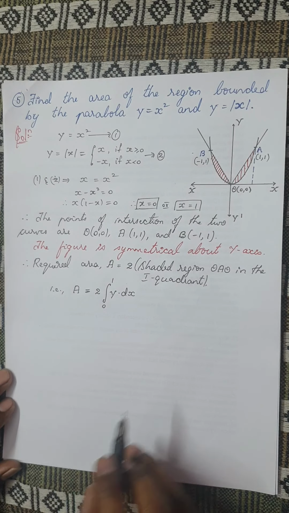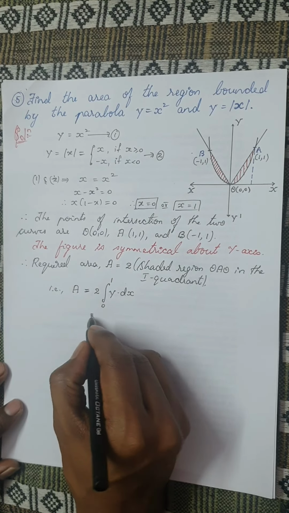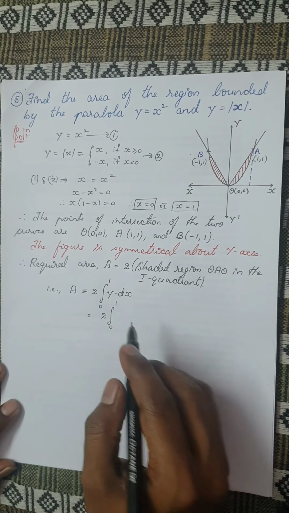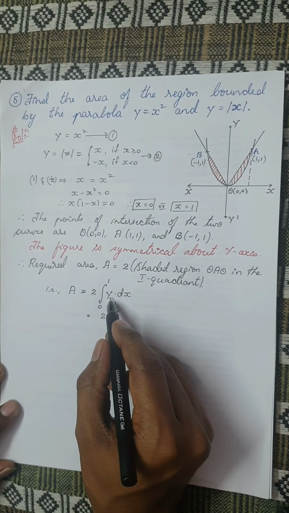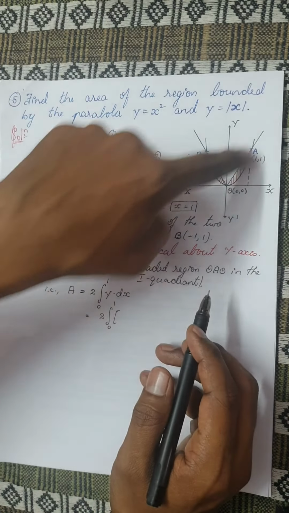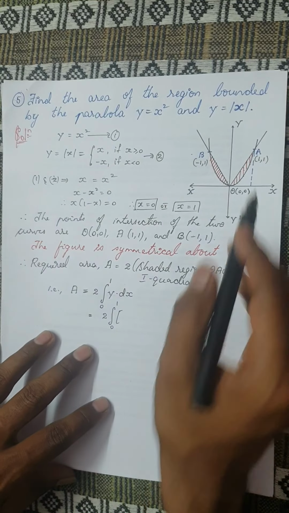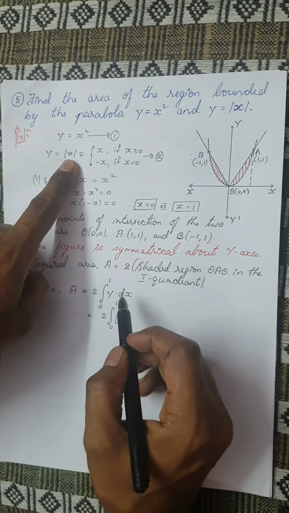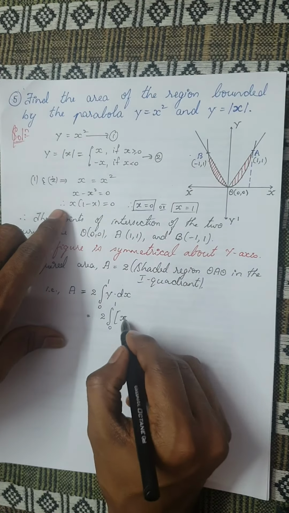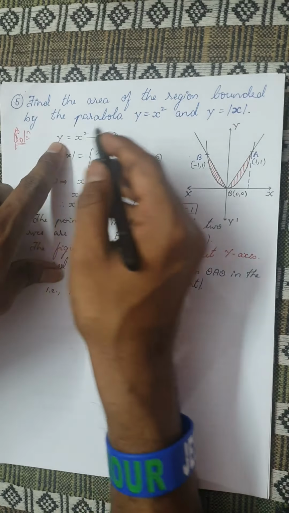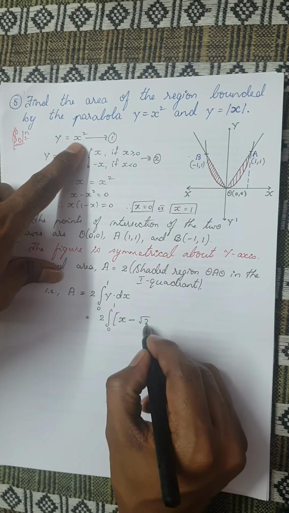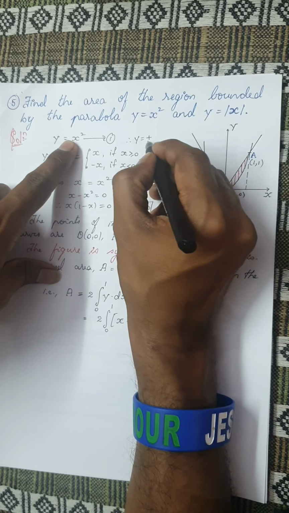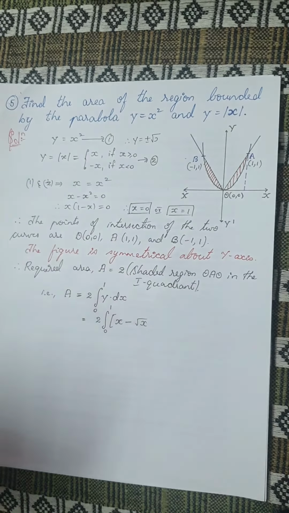So how would I consider this? This is very simple, if you are careful. This is nothing but 2 times the integral from 0 to 1 of y. First take the equation. This is the equation I'm taking along the x-axis, in the first quadrant. The first curve is y is equal to x, that is this triangle, minus the second curve, y is equal to x square.